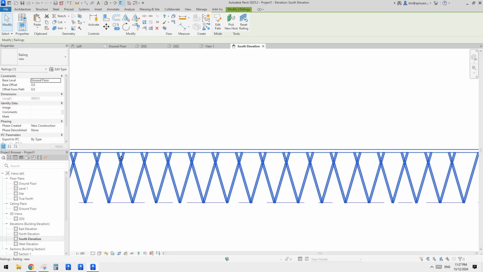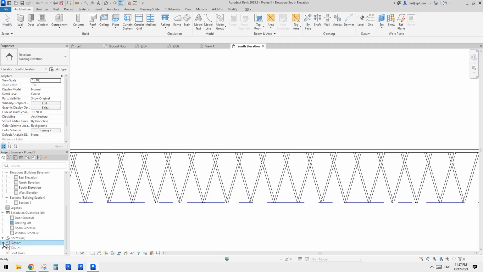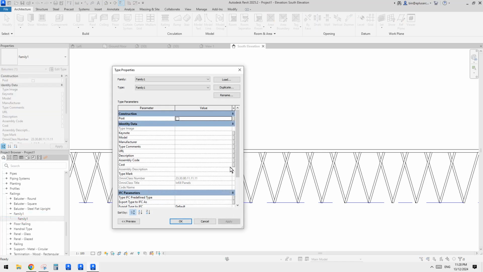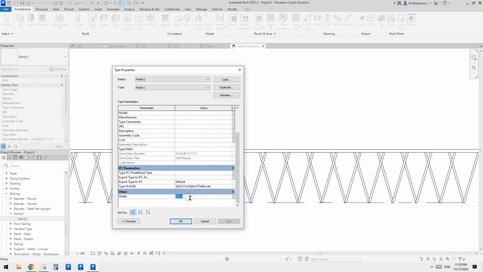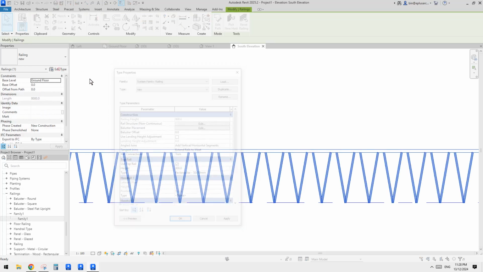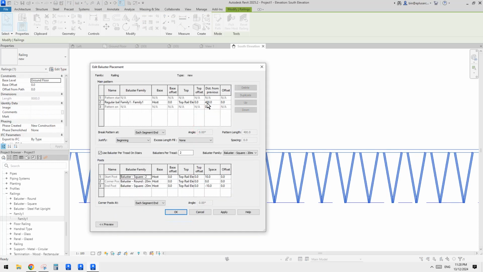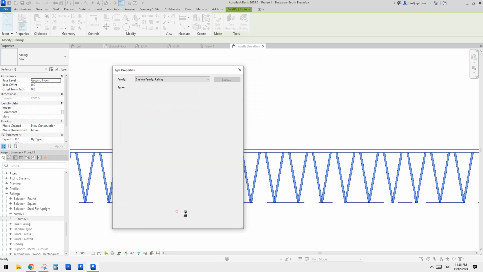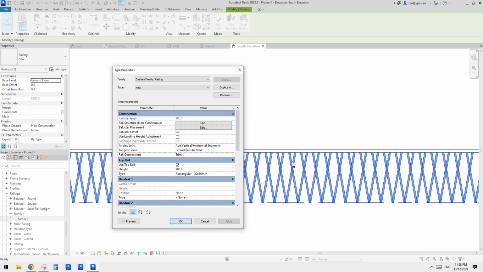So what we can do is first we need to go to the family, on the railing, and find that family one. Okay, and double click on this one because we have this width parameter, so we can change this one. So for now, let's change this one to 300. Okay, and then we also need to reduce the spacing between these. So go select this railing, edit, go to baluster placement. Here, just reduce this one, so maybe 200. Yeah, I think that's probably